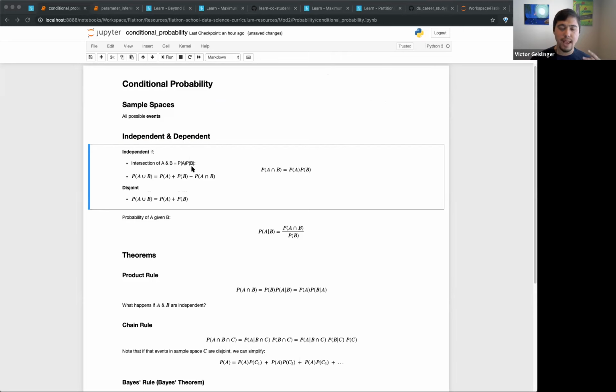Usually we'll talk about it as a specific one event, but you can think of it as a grouping of events, like all the things that are A and all the things that are B. So for example, a simple one would be A is heads and B is tails. Or it could be something like a medical test, a classic one for Bayes' theorem. You go get a medical test, you test positive or you test negative. Those would be different events, either A or B, but it could also be grouping events.